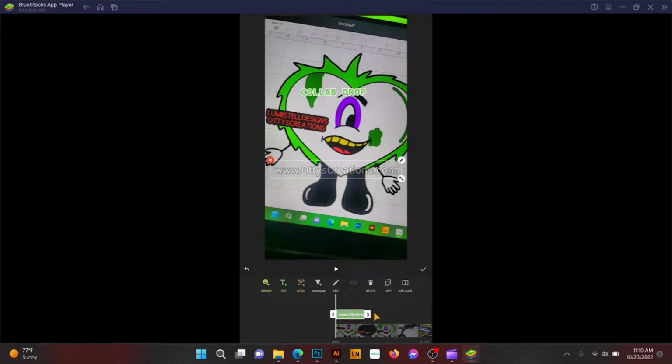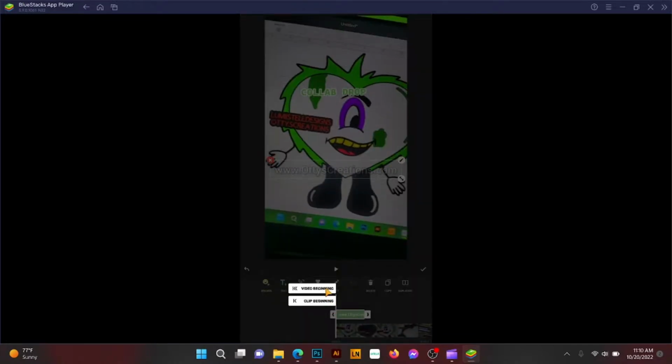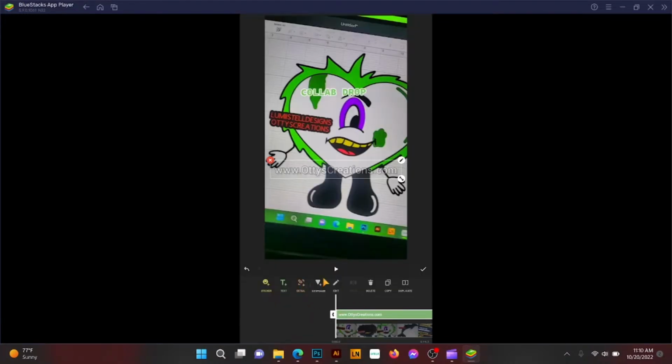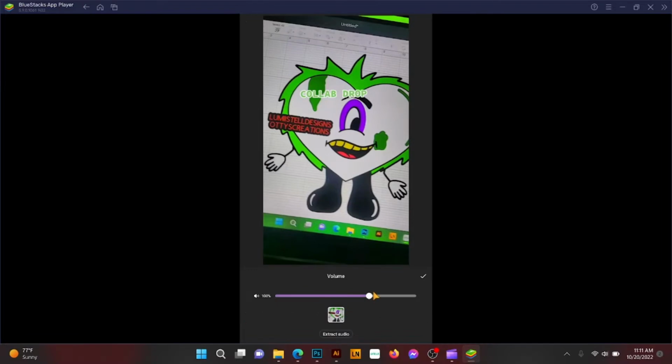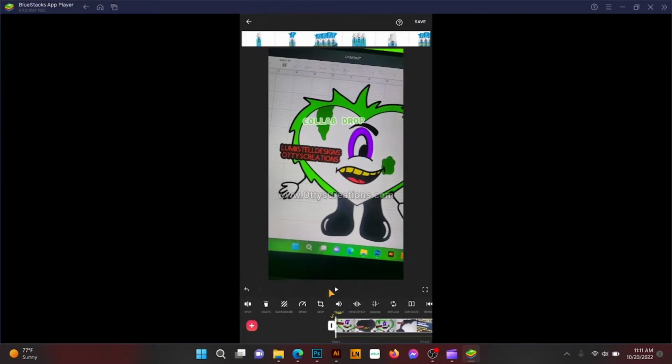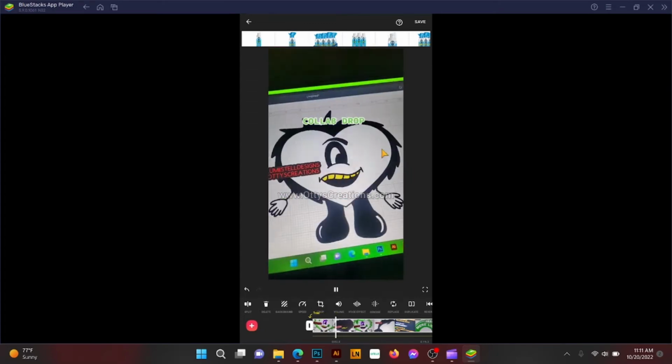So I'm just going to leave it there, and I'm going to click the beginning arrow here and click video beginning, click this arrow, and click clip end, so that way it goes throughout the whole video. If you just want it on a portion of your video where you're showcasing an image, definitely only make the measurements to fit that part of the video. But as you can see here, I'm actually going to mute the audio so that I am not copyrighted for that. Okay. Just going to press play, and as you can see, the watermark is stuck on your